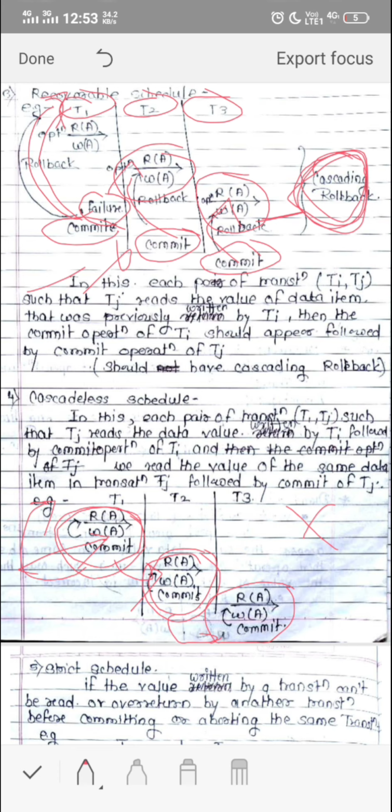For each pair of transactions, here I have written Ti and Tj, but I am not taking it physically, so I am referring to them as T1 and T2.